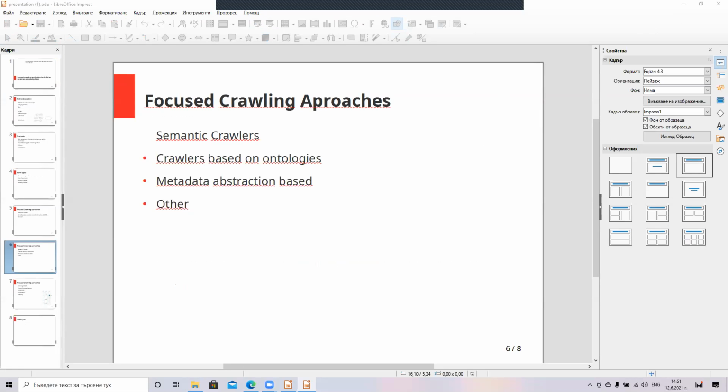In the learning crawlers, very popular is the context-focused crawler, which has 3 phases of crawling. Here, actually we have a target page, and we have a collection of several